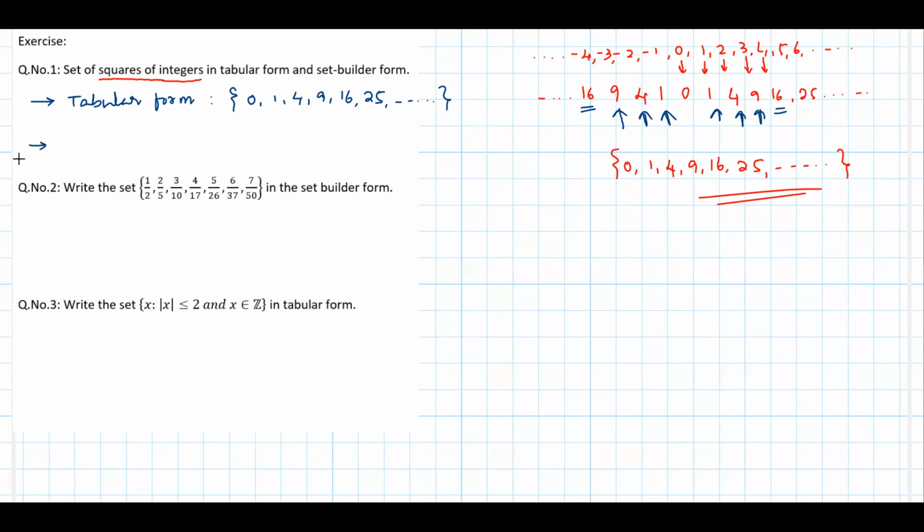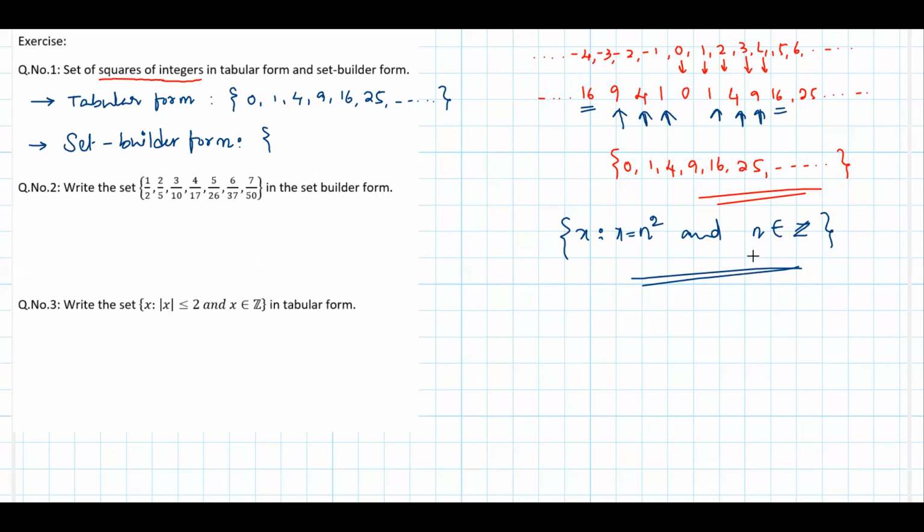That's it. Now we'll try to understand the set builder form. So what do we do in set builder form? We come up with a mathematical expression. So these are squares, so can I simply say that it is n squared? And what is n? They've already given that n belongs to integers. So you can say n squared and n belongs to integers. And these n squared values, we're going to take as x and display the values of x. That's it.